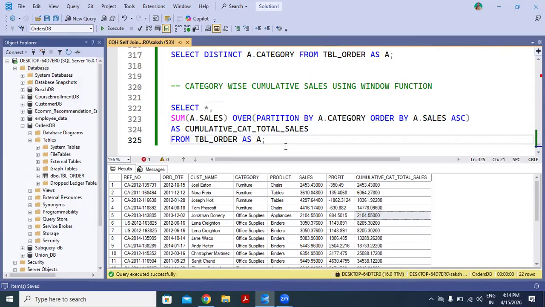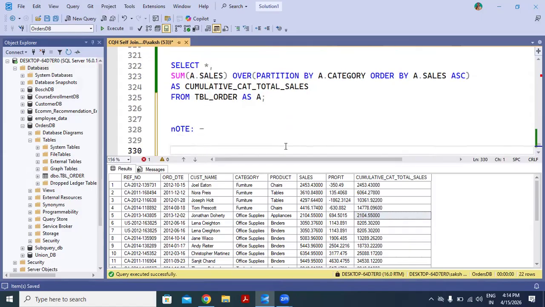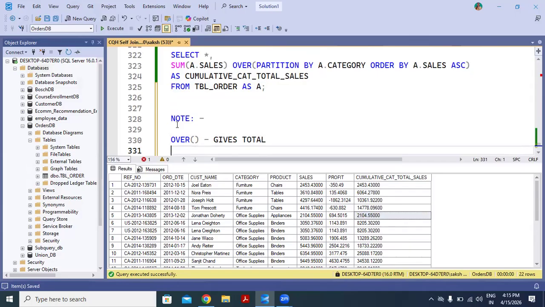So let's try to quickly revise it. Let me write a few points. So over, it will give you the total, and order by, what does it give you? Sorry, it is not a function, so you cannot write it like this.